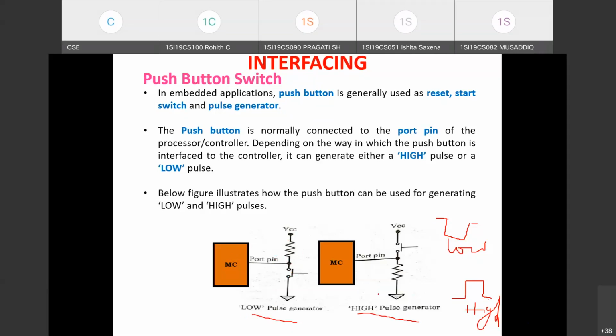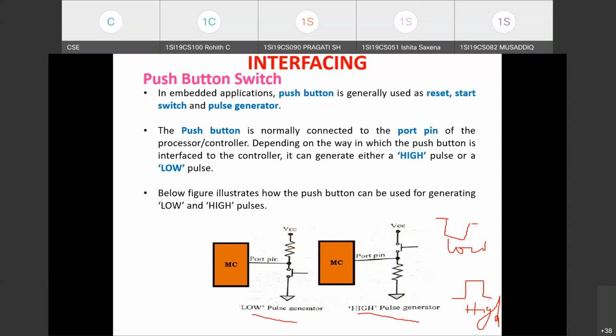Coming to the high pulse generator, you can see the position where the resistor and switch are placed is reversed in the second configuration. In the first configuration, the resistor is between the output, that is the microcontroller, and the VCC power supply, and the push button switch is here.